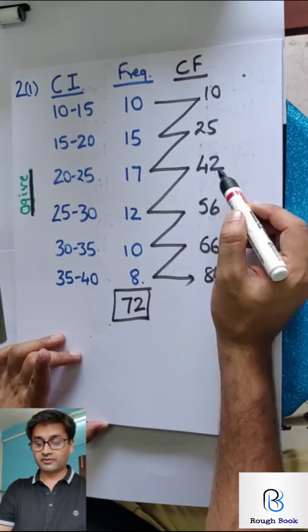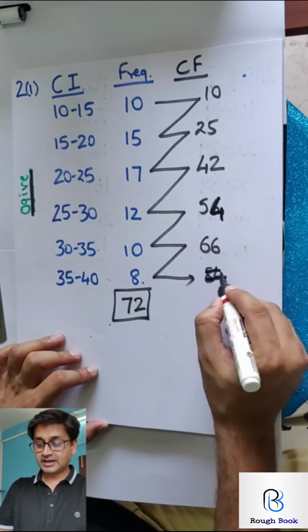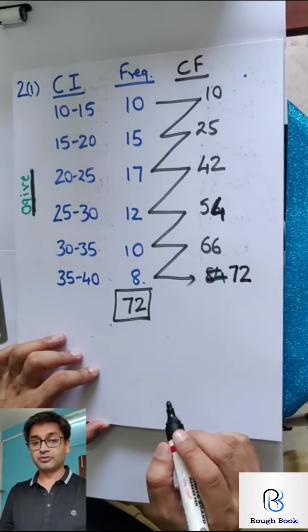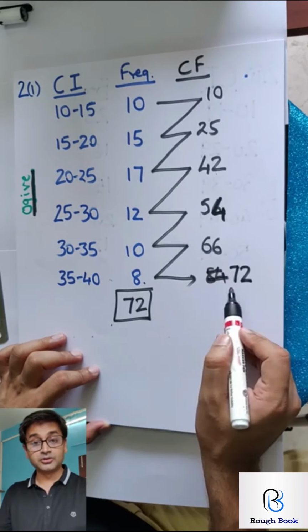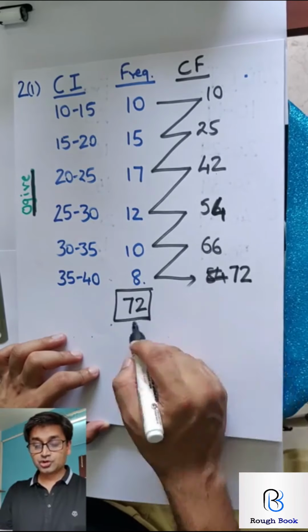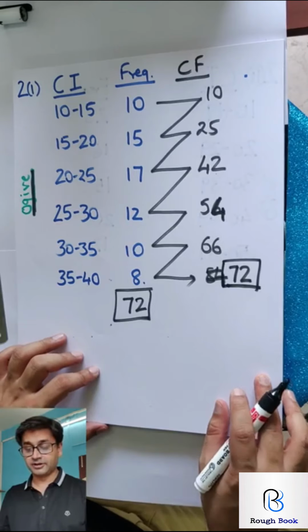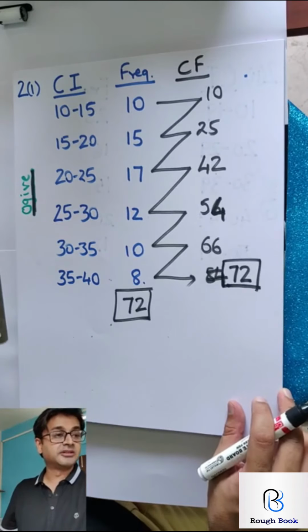5 plus 7, 12. Here, see, 54 once, and the second time here 72. See, this helped me to check my values, otherwise my entire graph would have got messed up. You should always cross check. Good, I made a mistake, so that we learn from it, everybody. So I got 72. Now let's hit the graph.